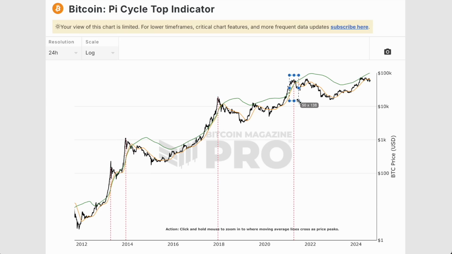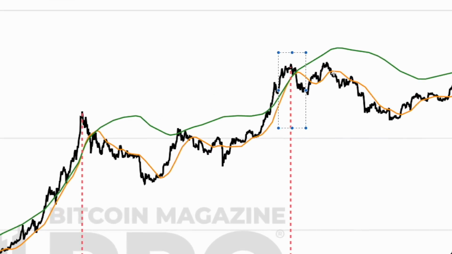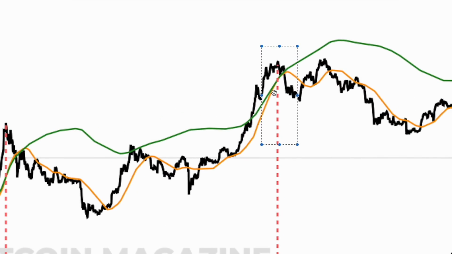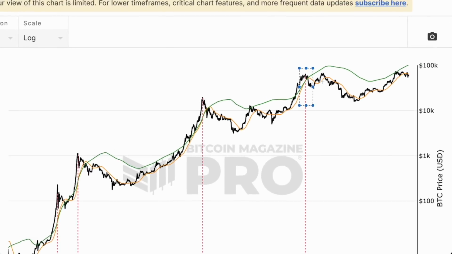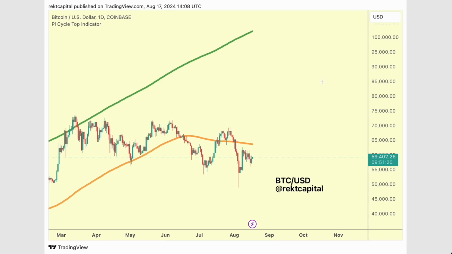And in 2021, that was one of the few indicators that really gave us a clear signal of this being the end of the bull market. We were aligning these two moving averages. There was a convergence here for a long time before we actually got that crossover. Whereas right now, we can't really talk about a bull market peak simply because these moving averages are actually diverging from one another. First of all, they have to start converging.